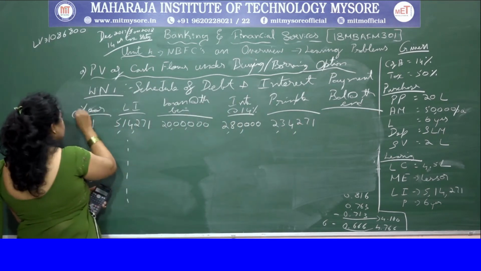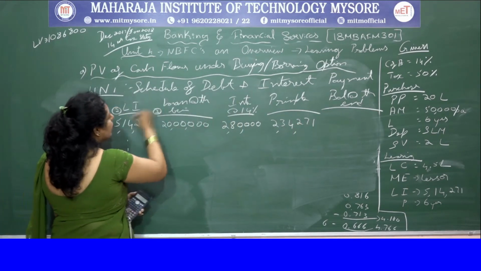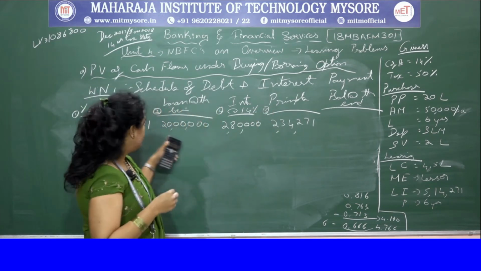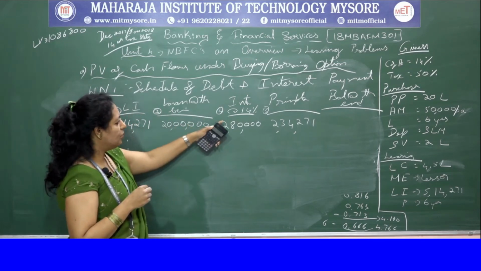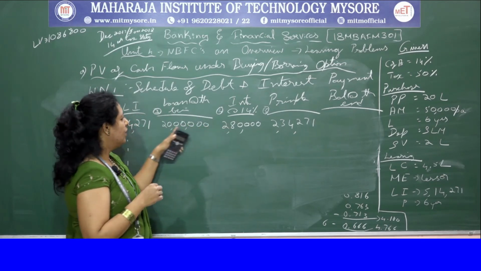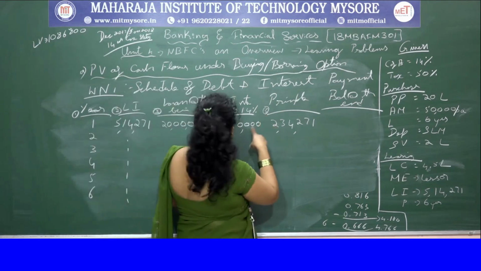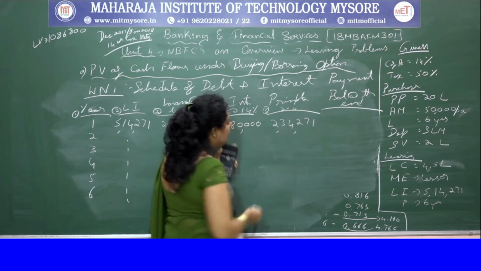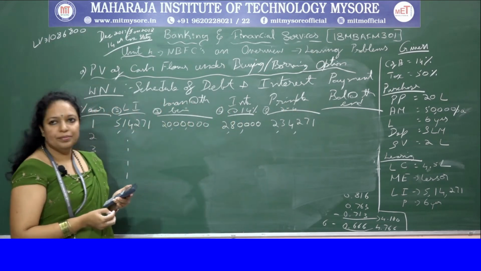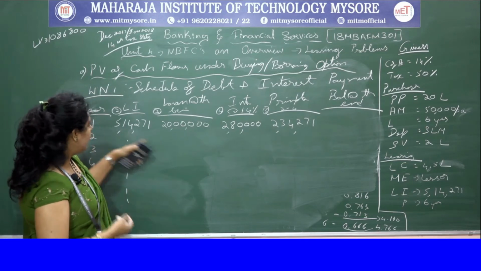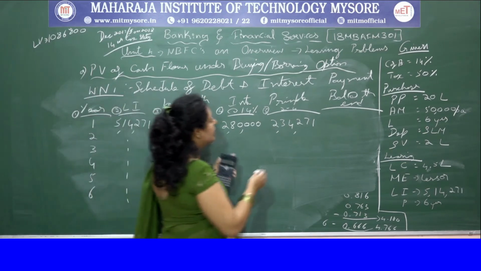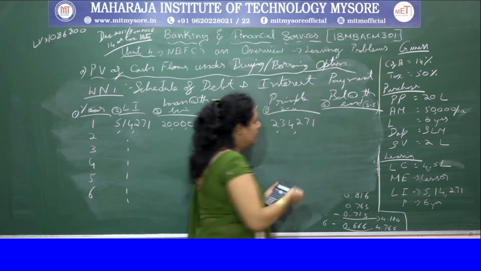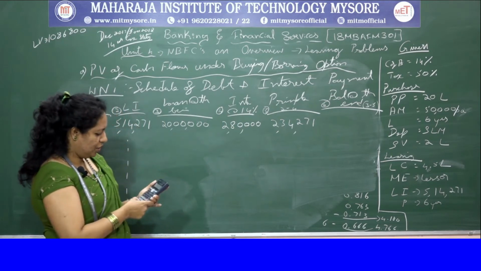So if I have to call 1, 2, 3, 4, 5. For the third column you have to multiply with the 14%, and for the 5th column you have to minus second and fourth. Second minus 4th column. And for the last one, the 6th column, you have to minus 3 minus 5. So you have your 20 lakhs